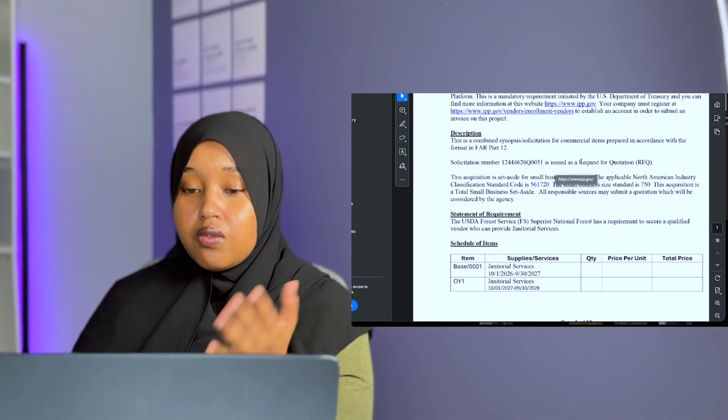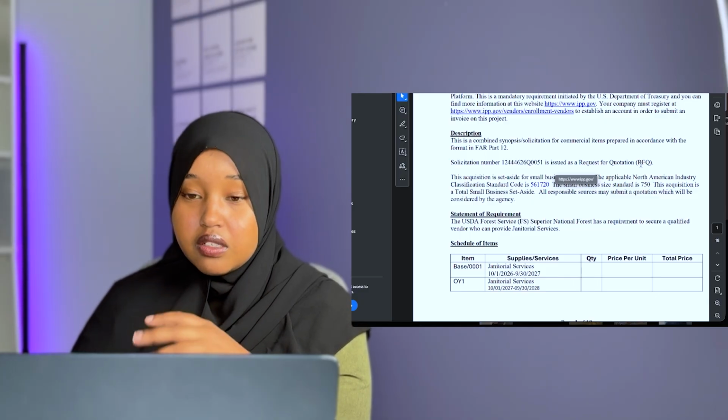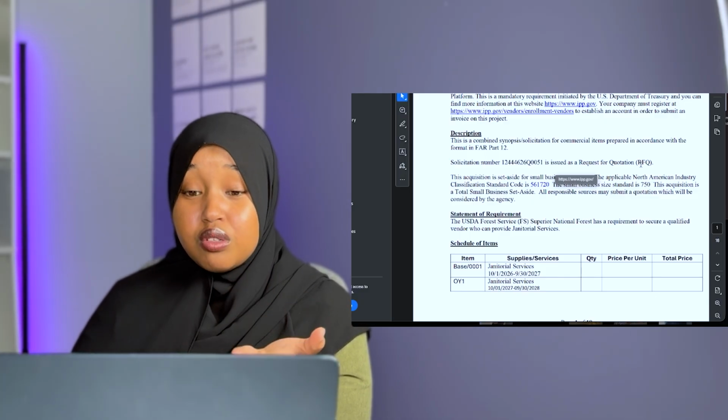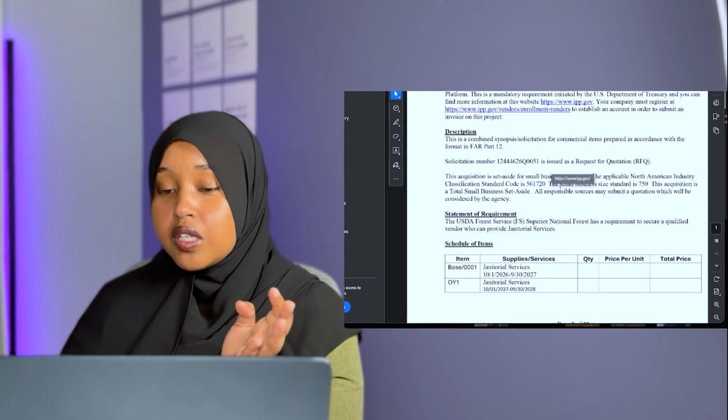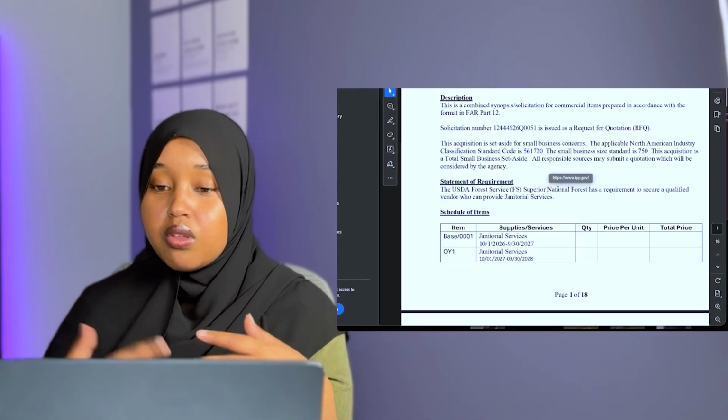Sometimes you will see RFP, which is request for proposal. In most cases, they should be the same. In this case, I think they are more number focused than proposal focused. But in our case, we prepare both and we send it in both.